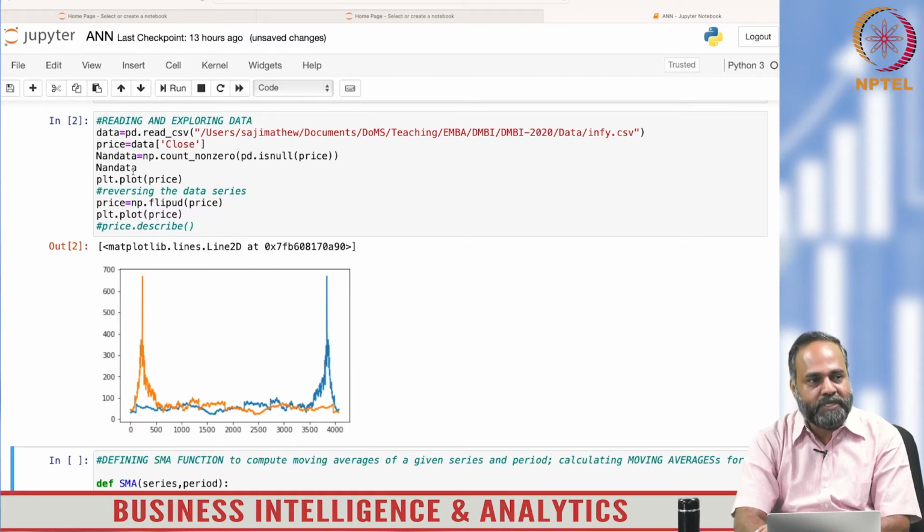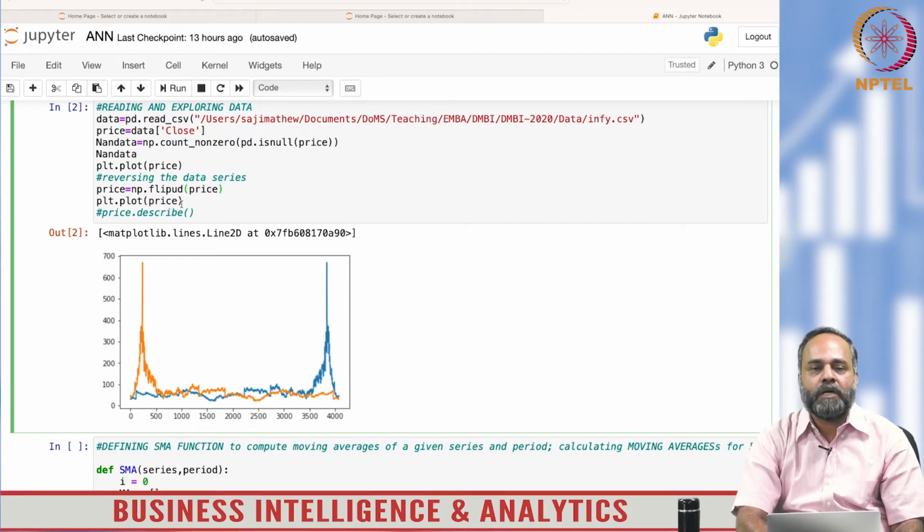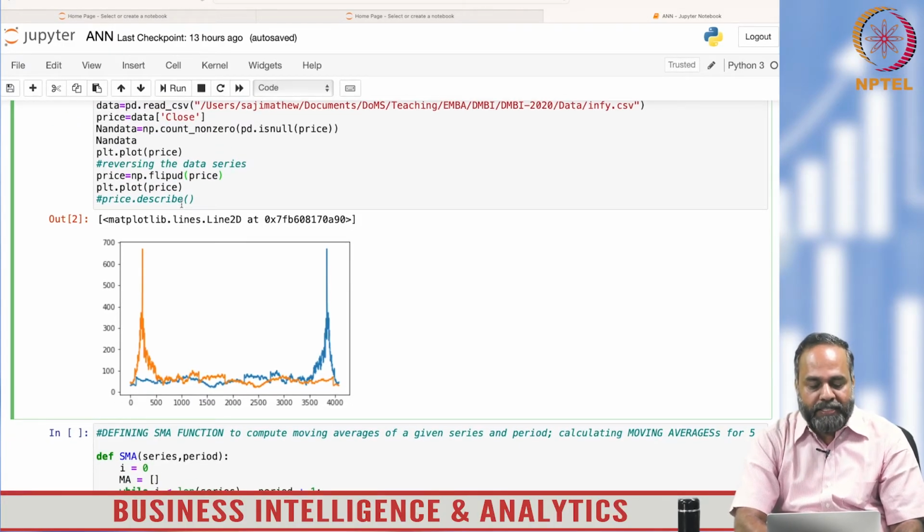Okay, so our time series basic data is that, which is now named as price here, and we are checking is there any missing data, and actually you will find there is no missing data. And as I said, we need to reverse this data series because we need to start with the oldest data and then end with the most recent data. So the flipud function is used to reverse the data series,